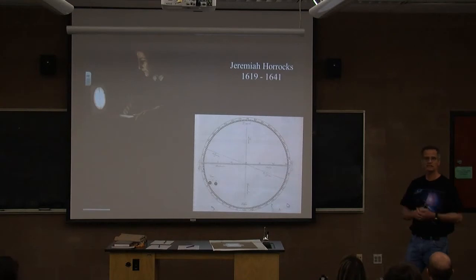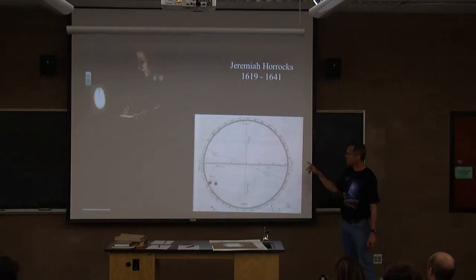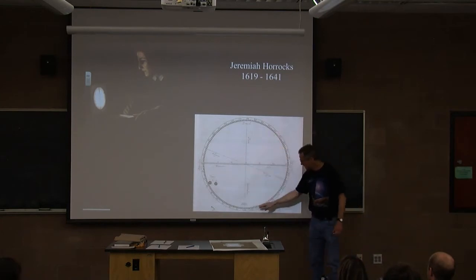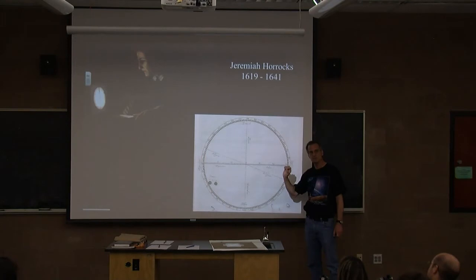So, very excitedly, he contacted a friend, William Crabtree, and the two of them planned for observing the Venus transit that no one had ever seen before in recorded history. And he did a good job preparing. He figured out how he was going to set up to observe the sun. He created a piece of paper that had a disk on it, the right size for the image of the sun. He marked it off in degrees and diameters of the sun, and so on. And so he was ready when it happened to be able to just mark the positions of Venus.